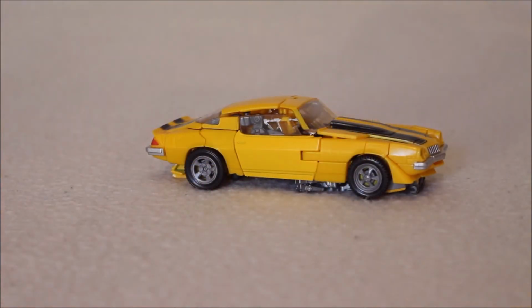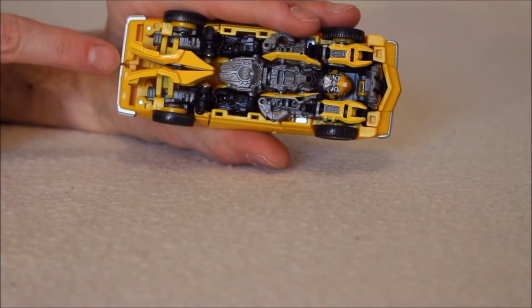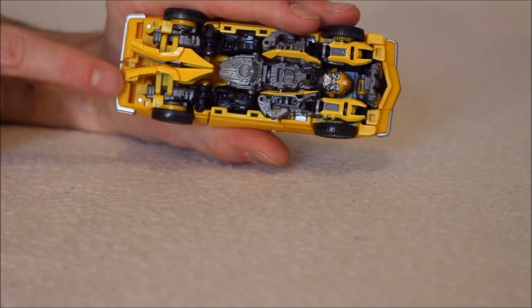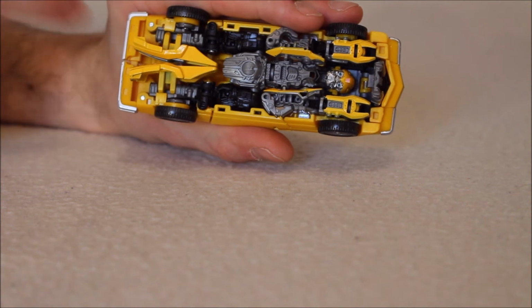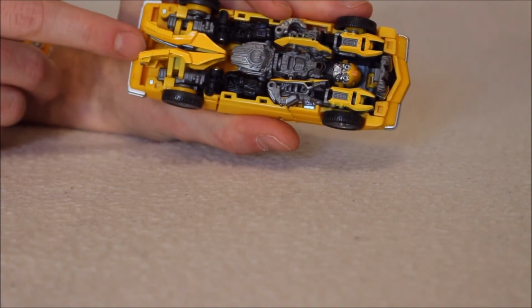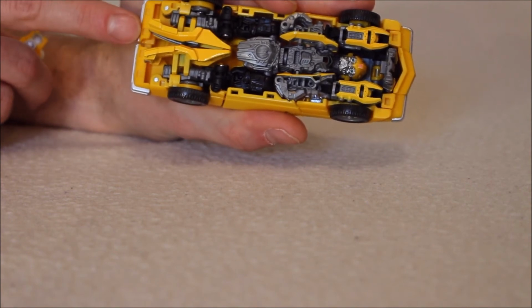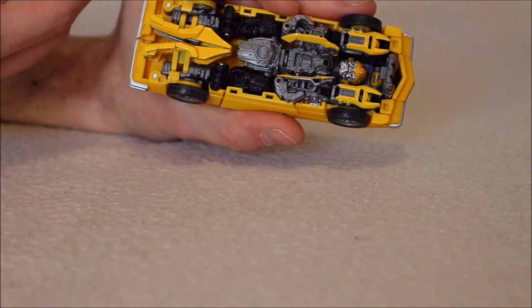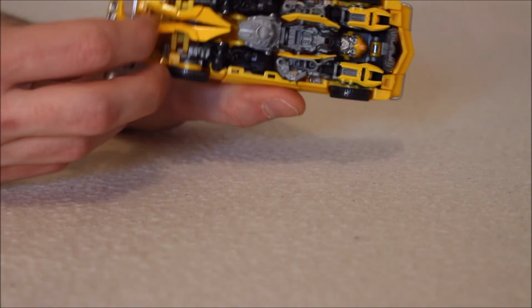And now that we have him in vehicle mode, you might be asking yourself, what do you do with that little arm blaster thing? Well, underneath here we have kind of a little slot in between both of the bumper pieces, and we have these 4 rectangular sections. Well, the little rounded tab goes up between the 2 bumper pieces in that slot, and the only rectangular tab that's on this will go into the rectangular slot right there,